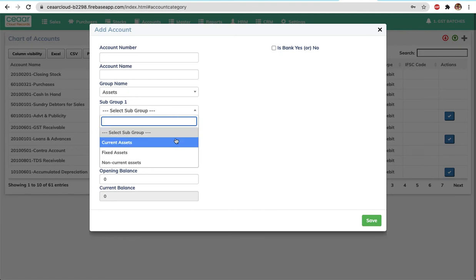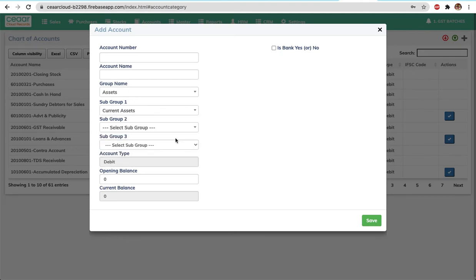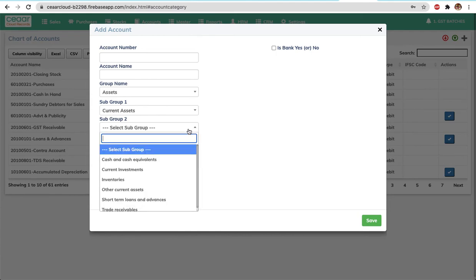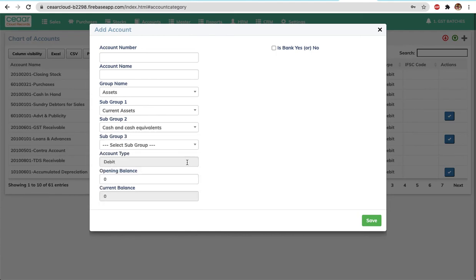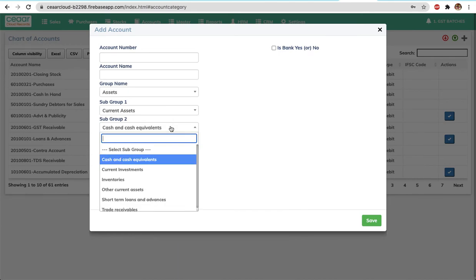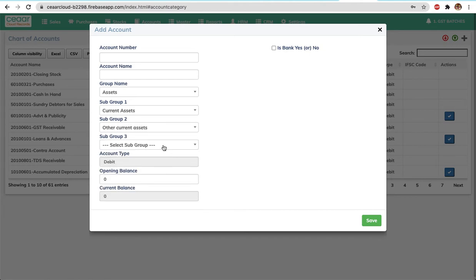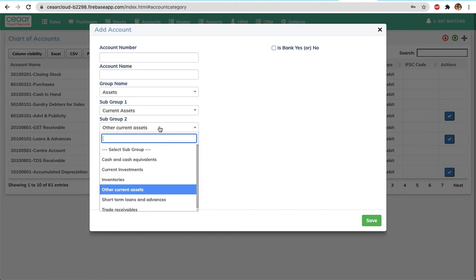So if you do not know, you may ask your auditor for these details, or you can refer to any of your earlier balance sheets. There is a possibility a particular group or subgroup may not have any further subgroup. That's fine.